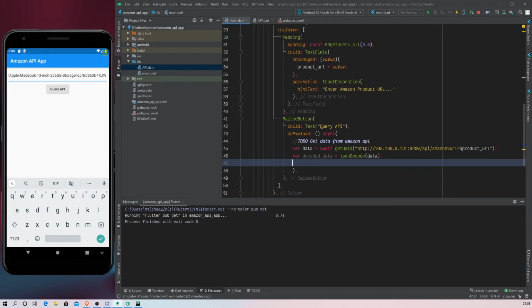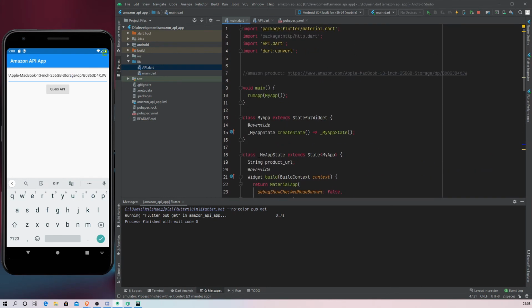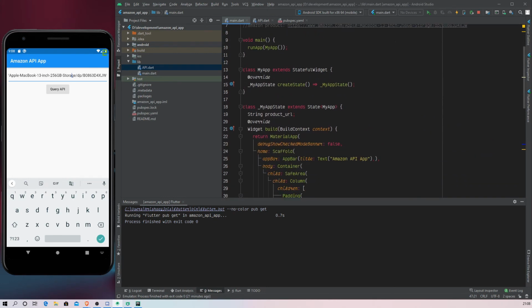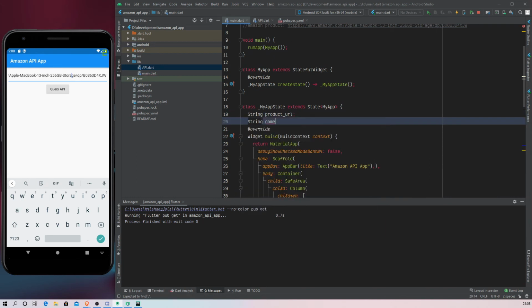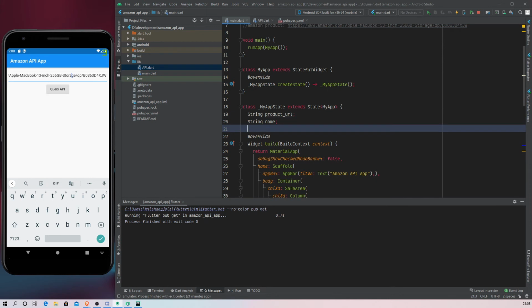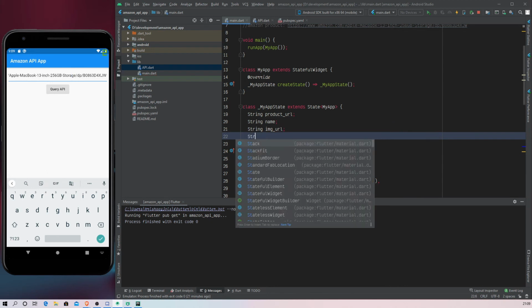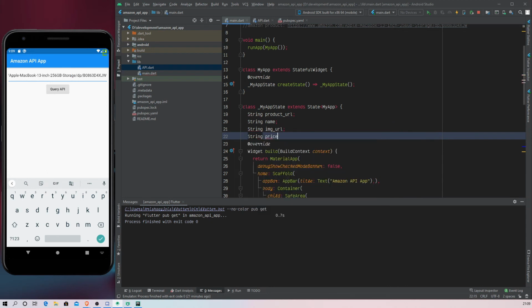So we're going to initialize variables for each of these things. We're going to create a string name, a string image_url, and a string price.